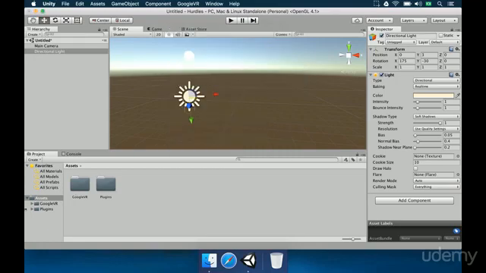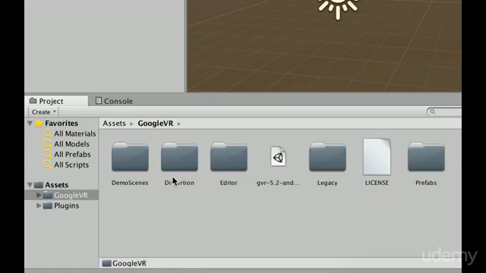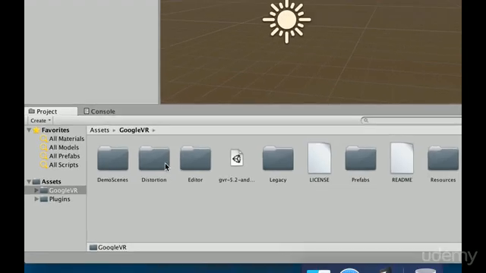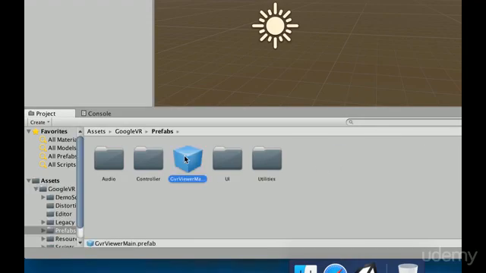Now if you look at the project window in the assets folder, there are now two folders, Google VR and Plugins. Plugins is going to basically contain all the files needed to make sure that this is going to work on Android and iOS, and Google VR contains what we are interested in the most right now. So we're going to double click this folder to access it. We're going to the prefabs folder, and we're going to use this file here,